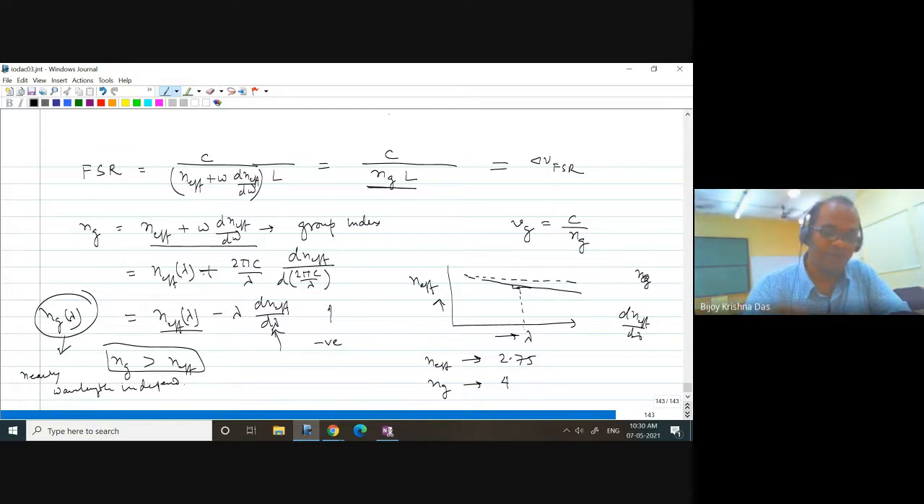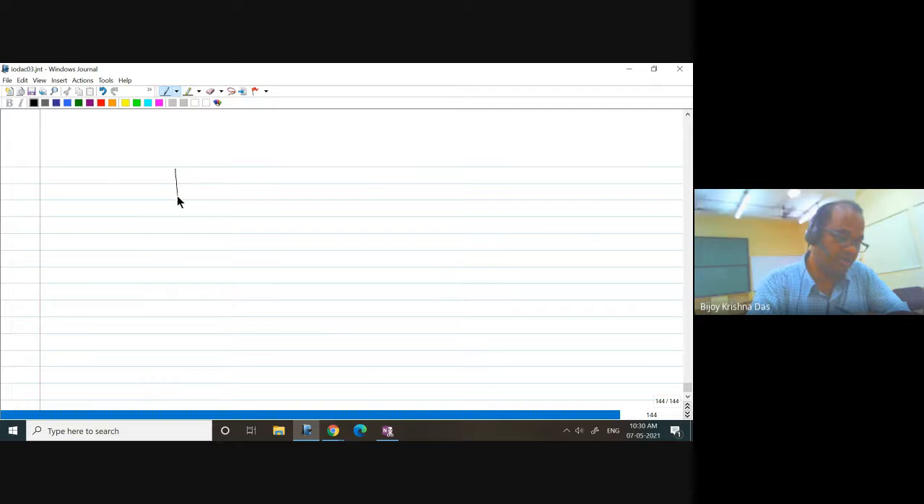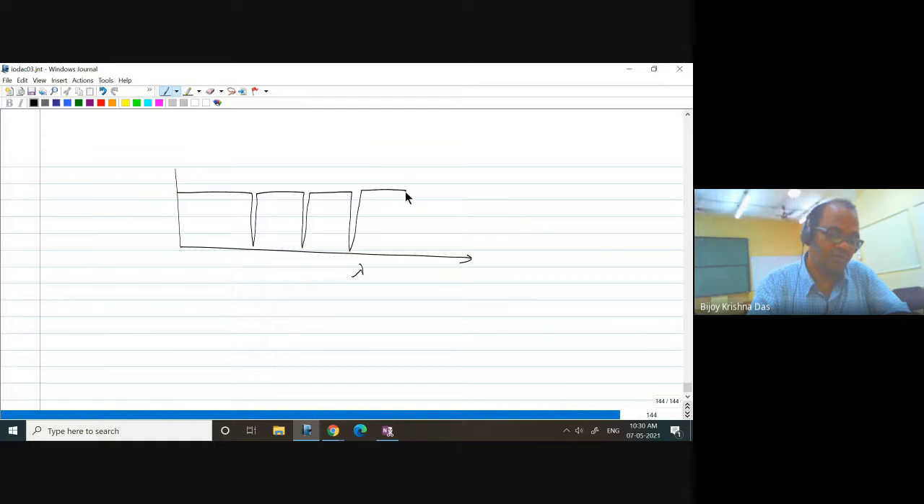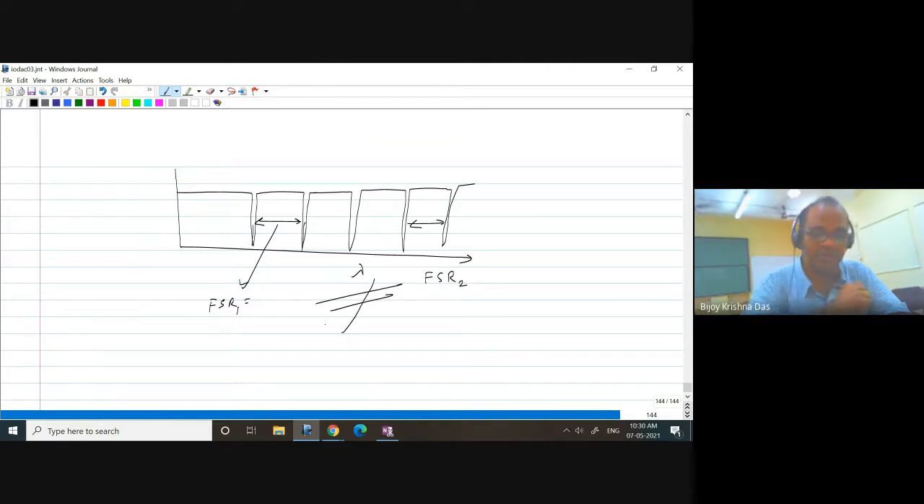So that means if I have a resonance, consider the resonance is happening something like this. This is your lambda, and the resonance is happening here, and then resonance is happening here. So something like this, different orders of resonance will be there, right? Whatever separation you get here, the FSR, it's a peak to peak separation. Whatever FSR 1 I consider, if I just calculate FSR 2 here,